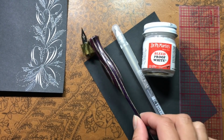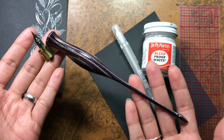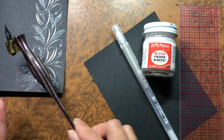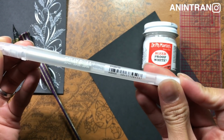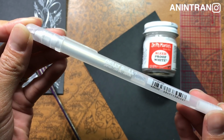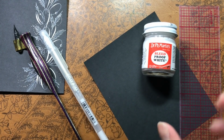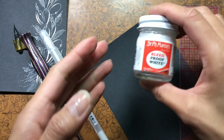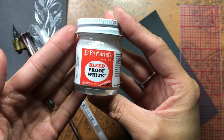I'll be using a Hunt 101 nib on an oblique pen holder. This one here is by Michael Saul. A Stardust Jelly Roll pen. This is optional, but I really like the effect it has on my work. I'll also be using Dr. Martin's Bleed Proof White ink,